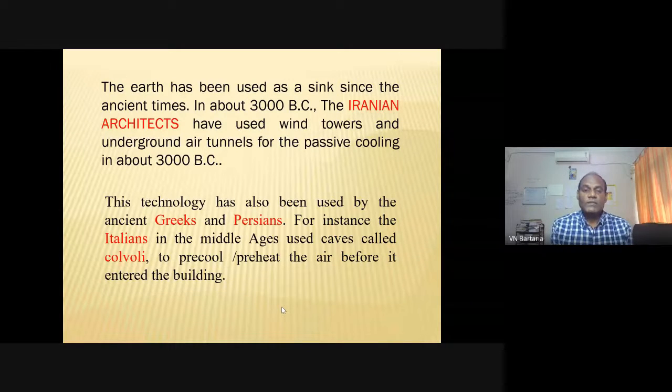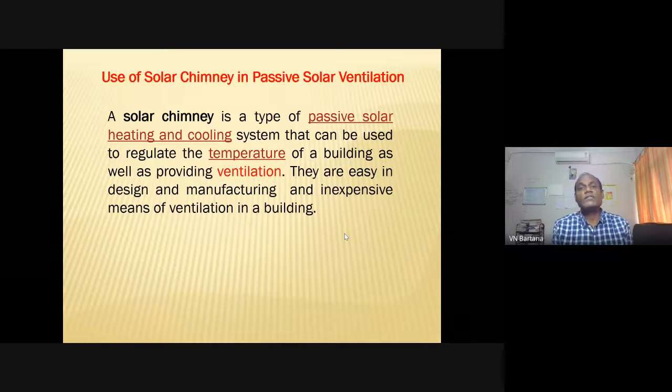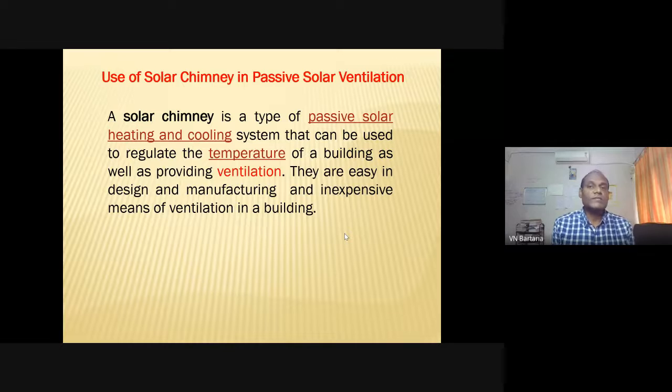Still, there are several old age structures, buildings, where these effects can be seen. So this technology is very effective, and it has proved that it is reliable and long lasting. We need not invest continuously in this technology. With limited expenditure on the maintenance of such systems required, and no continuous consumption of conventional energy is needed in the systems.